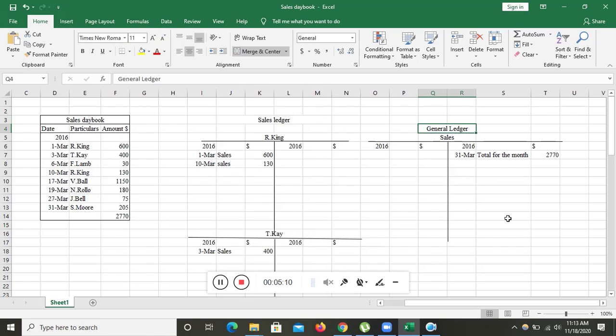General ledger will always include the sales T account, it can include purchase T account, it can include drawings, it can include capital and these types of T accounts. The total T accounts, not the individual. Okay. If it is a sales ledger, we will make sales T account. If it is a purchase ledger in the question, we will make the purchase T account. Always remember this thing, these all are in pairs. We cannot disturb the pairs.